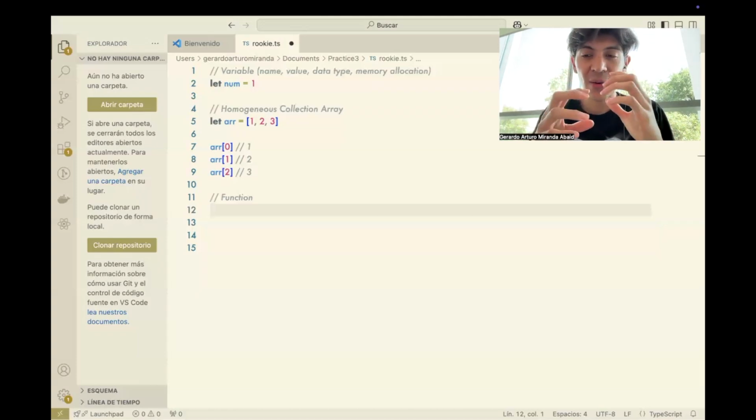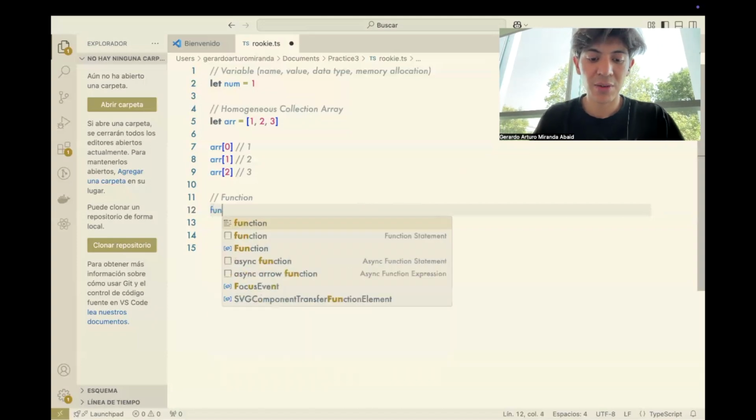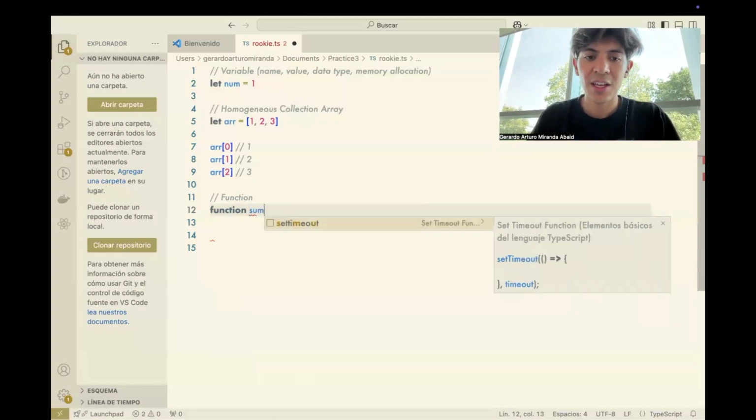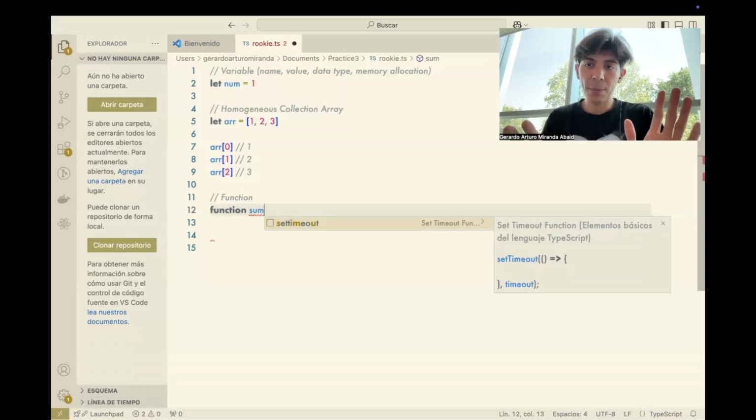Okay, so inside this box, you need to specify all the procedures and methodologies that you would like to use. A way to declare a function is by using the reserved word function. Then the name of my function, I'm going to be saying that the name of my function is going to be sum, just to add